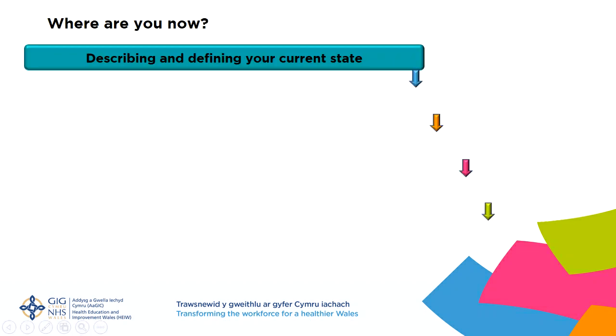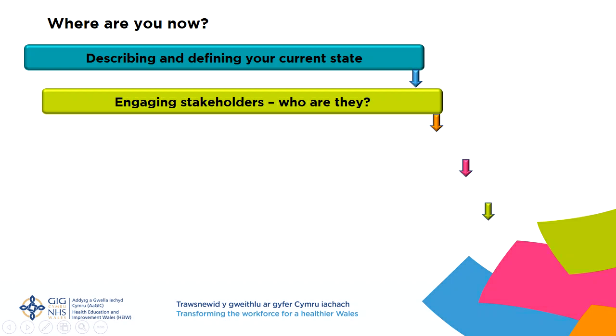This involves thinking about and understanding your current state. To help you to do this, you'll need to undertake 4 activities. Your stakeholders, who are they? For this plan, who do you need to engage with and talk with to make sure that there is ownership of the plan? Who needs to be involved from within your practice, cluster and possibly health board? Are there any external people you need to speak to or engage with? It's useful to spend more time thinking of these people and make a list.